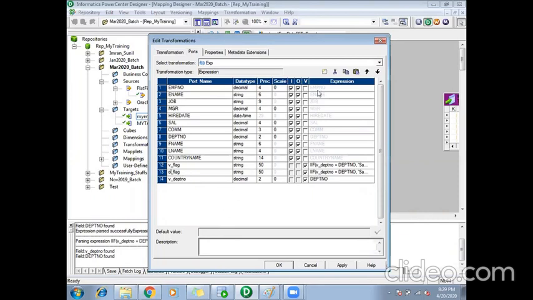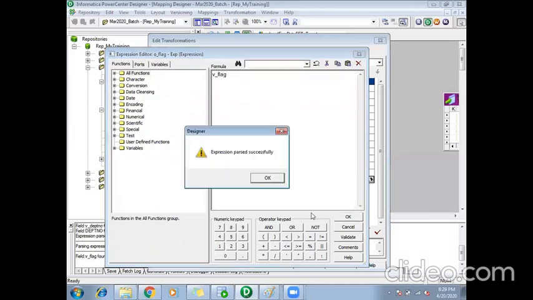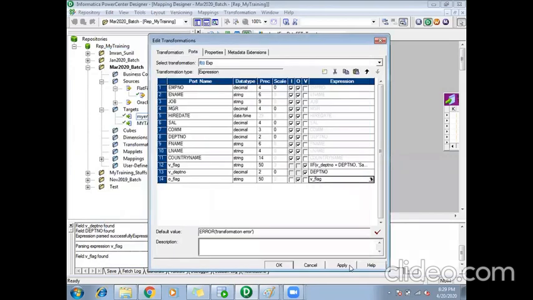And this I'll take to the bottom and make it the output port. I'll assign the value of V flag into this output port. Since I copied the port, even the logic came here, so I'll remove it. That's it. So this will be my expression transformation.